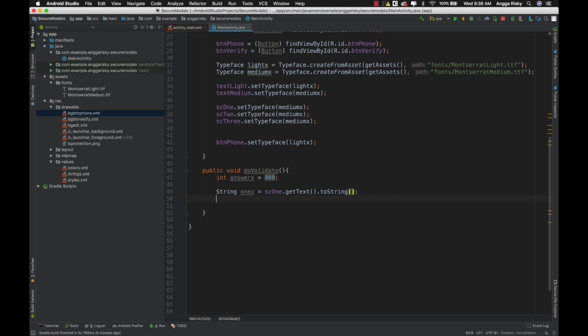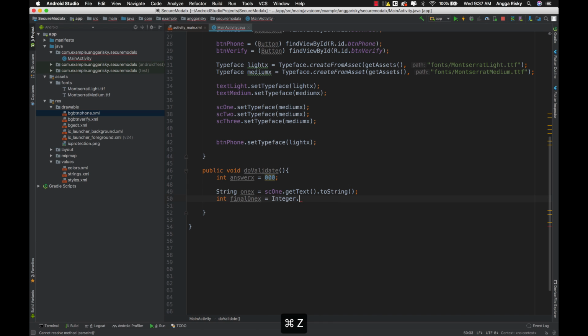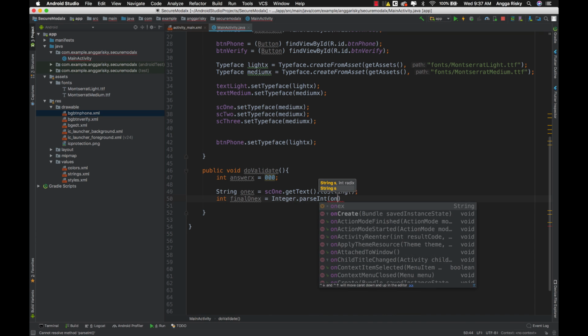After that I have to give the final integer, which is final ones, and then we get the parse int from the ones.